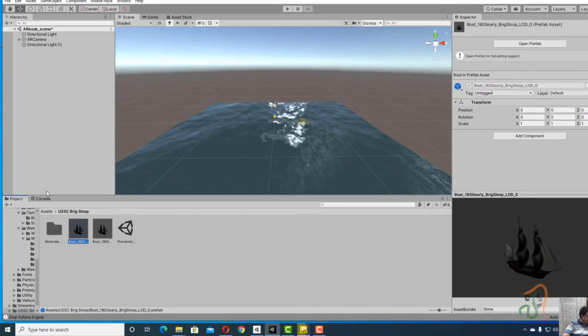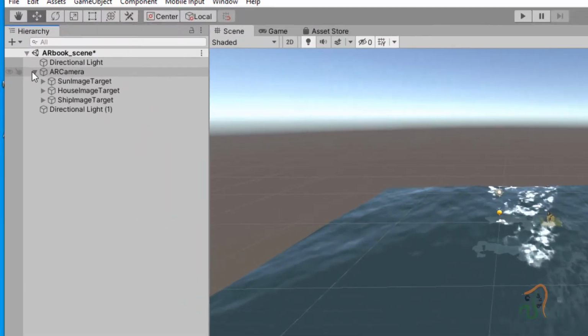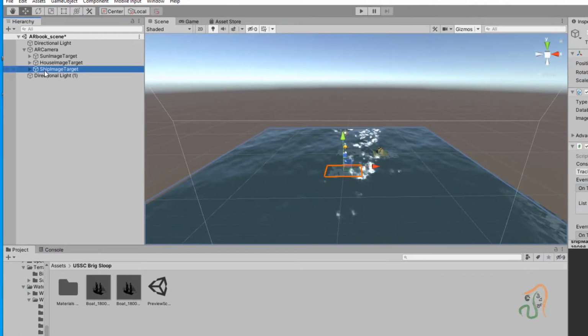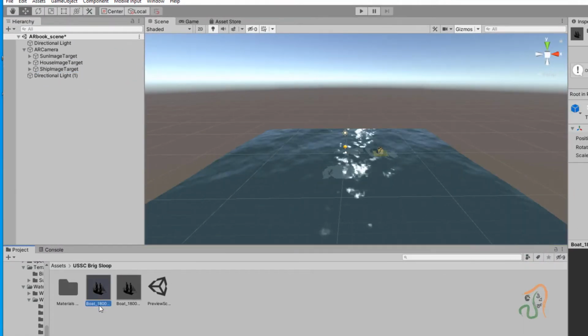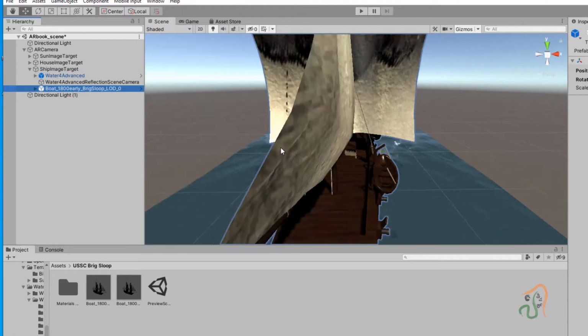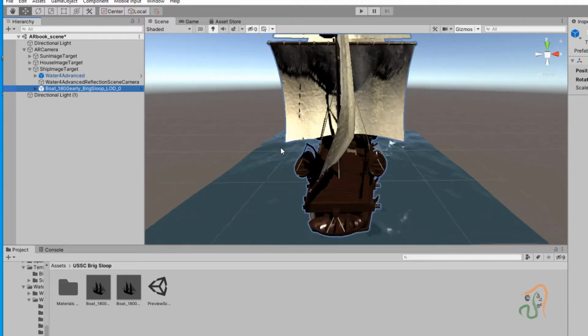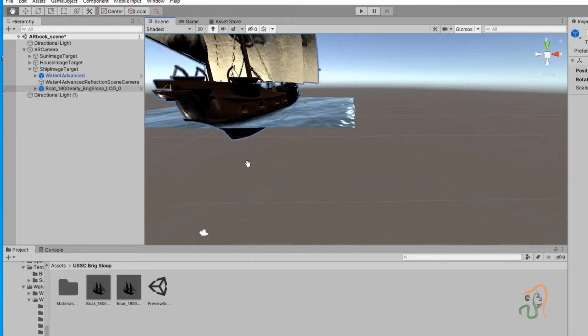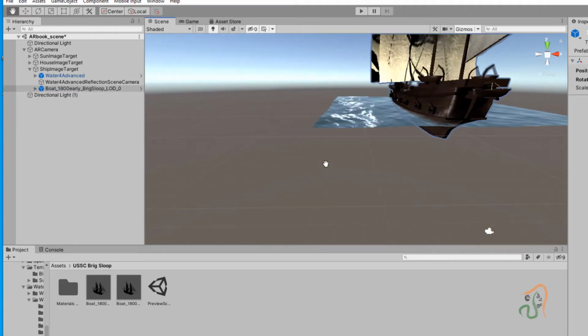Open this AR camera, open this ship image target, select one of these models and drag it over this ship image target, so that the ship model is the child of the ship image target. Now you can see the ship, but this ship is very huge. It's very big, and it's going too much below the water.